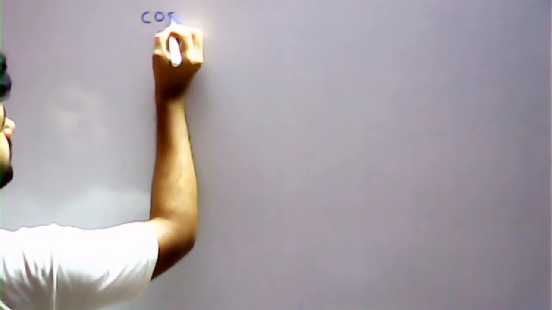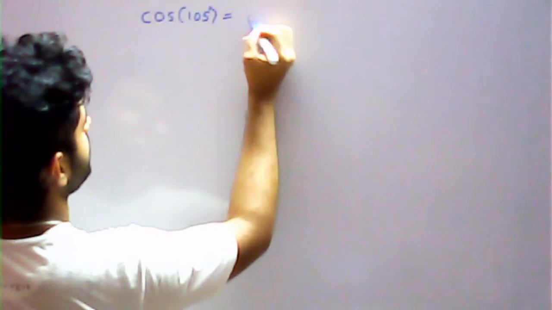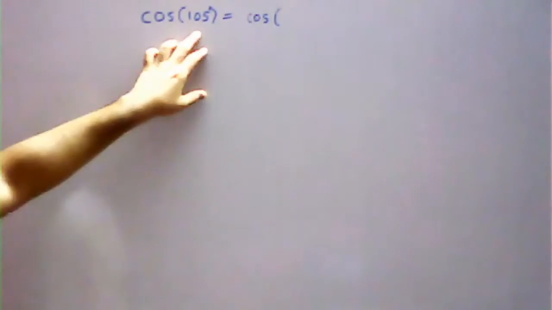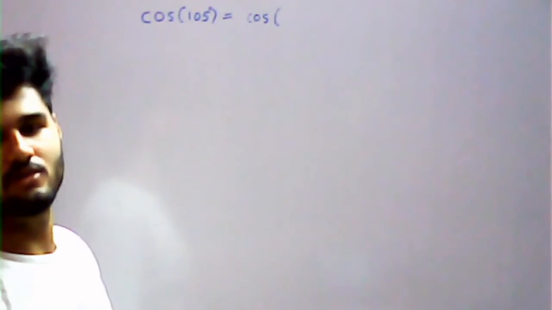Next, we are told to find the value of cos 105. We studied one example of sine ratio. Now let's move on to the cos ratio. As 105 value is not known to us, we have to find this value without using calculator. So again, we split this into 2 in the format of cos A plus B. If we split between 60 degree and 45 degree, both the values are known to us.